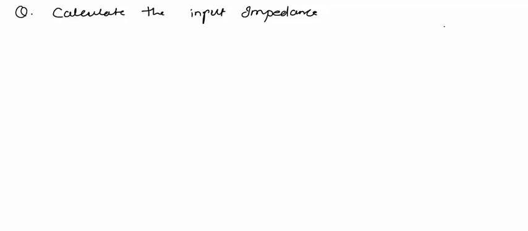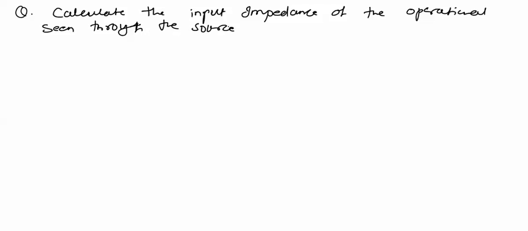Now we'll solve some general examples. Calculate the input impedance of the operational amplifier seen through the source, and the circuit is given as